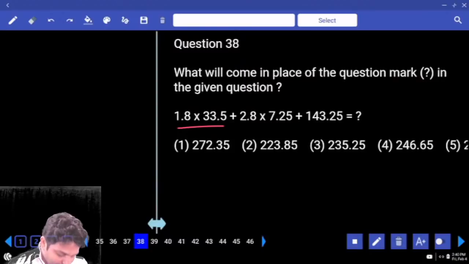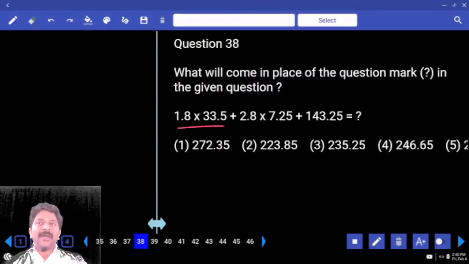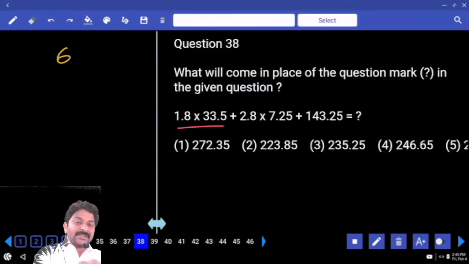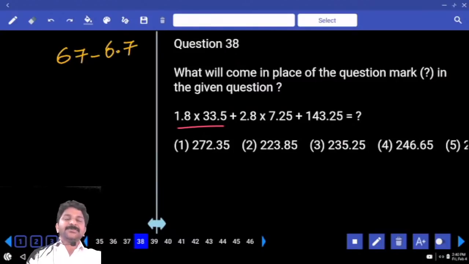1.8 times. Can we take 2 times minus 0.2 times? Right, 2 times of 33.5 is 67. 0.2 times in the sense 6.7 only. 6.7 subtracted from 67 will give you